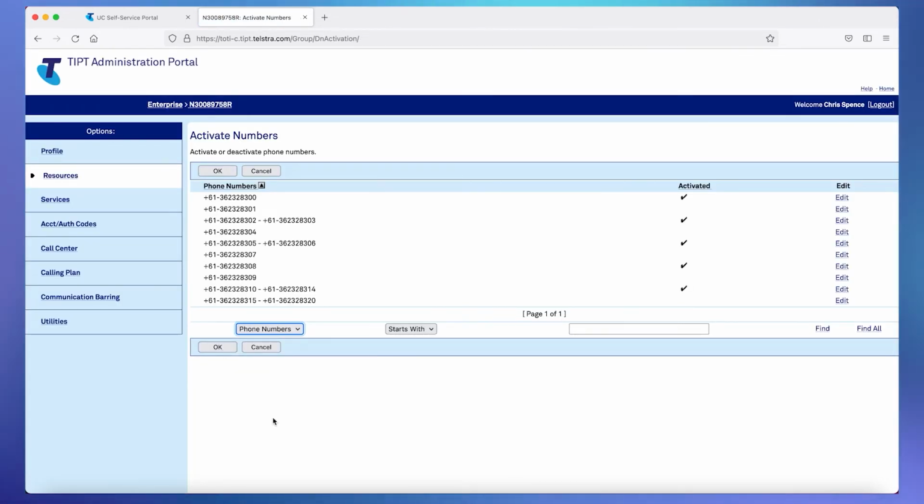Excellent. And at that stage, because it's now active, you can see there that it's activated with the tick. It's actually shown listed there. So it would now answer the call if we were to ring that from another device. So what we've done at this point is created a virtual line for a user, assigned the right feature or service pack to it, provided it with a phone number, and then activated the number.